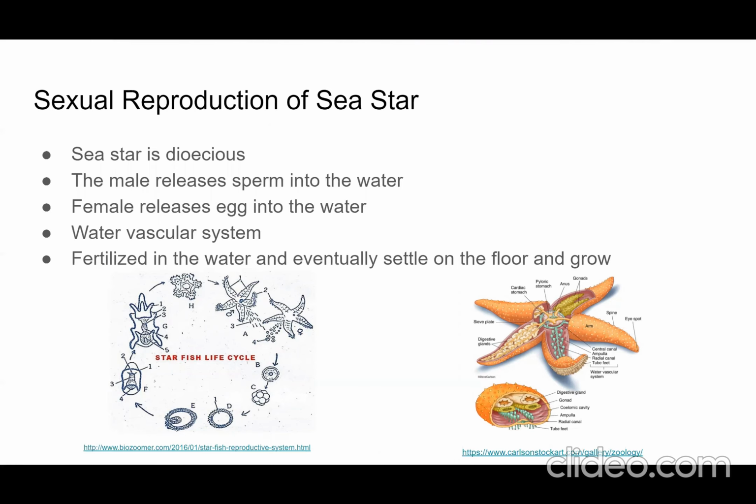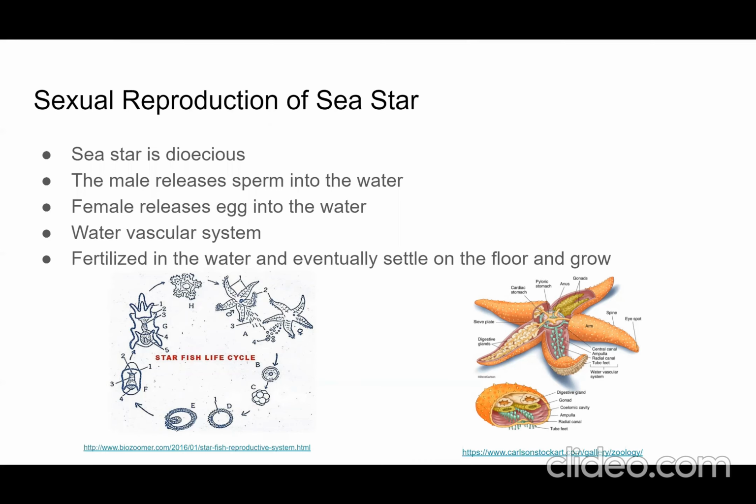The anatomy of the male and female sea stars have the same structures. The only difference is there are eggs in the gonads or sperm in the gonads. The eggs or sperm are pushed from the gonads out of the sea star through the madrepore. It is pushed out using the water vascular system. This system is the water pressure that allows the sea star to move,